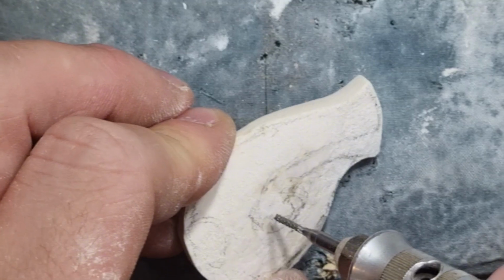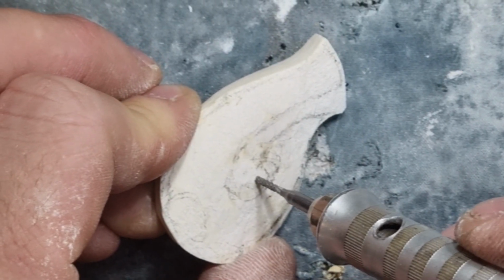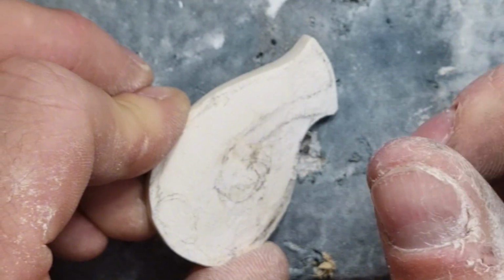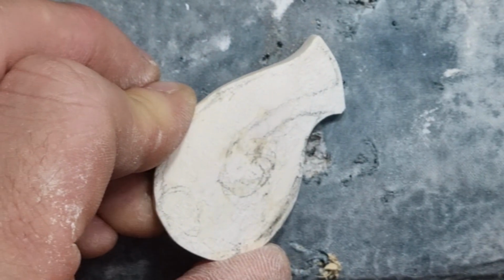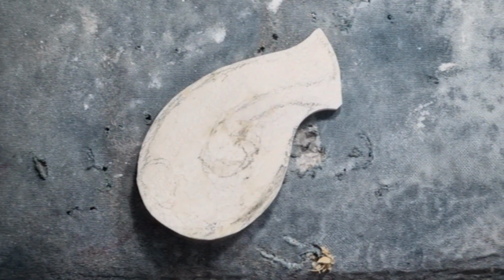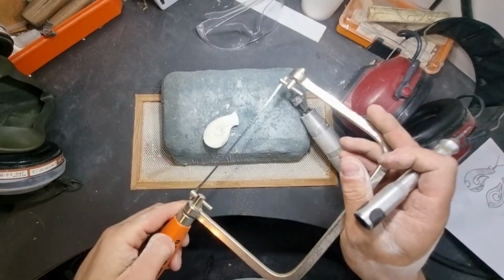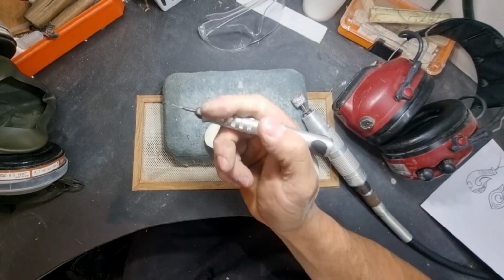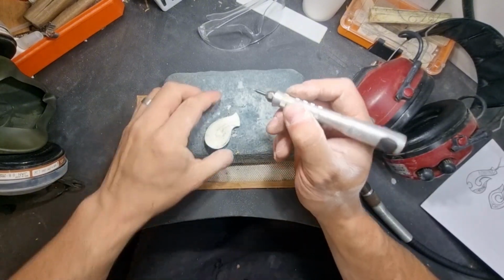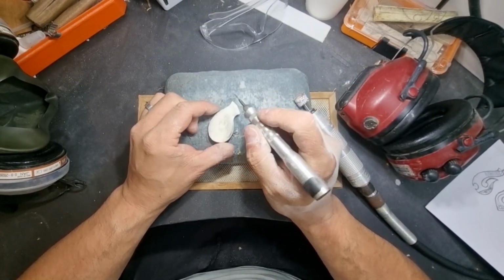You can use a scroll saw. I've actually got a scroll saw. You could use even just a coping saw, just like this one here. Could use this here to hog out the middle there. I do have this bit and I enjoy using this bit for it. I have a lot more control with this using the Dremel. So I'm going to hog out in there, work my way up, and then once I've done that